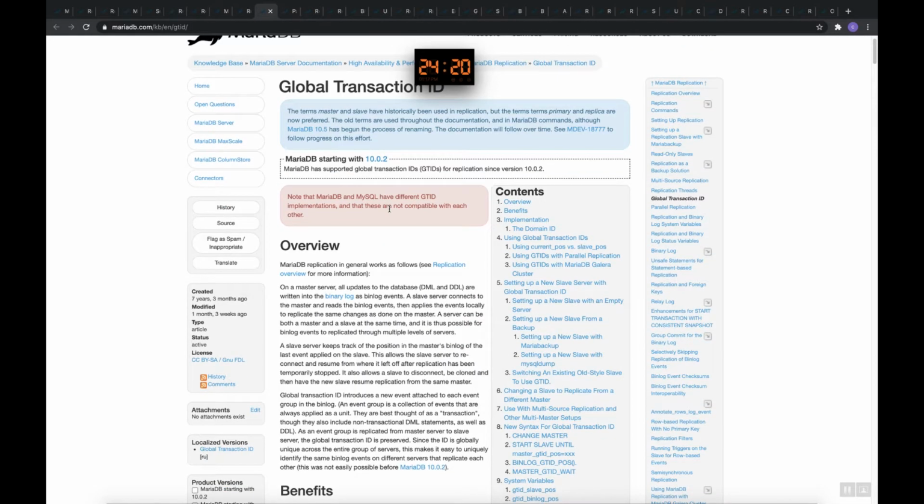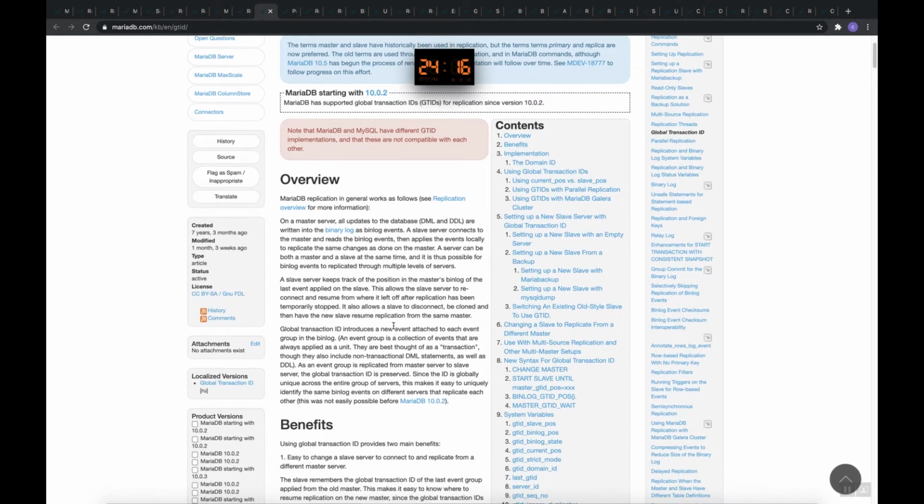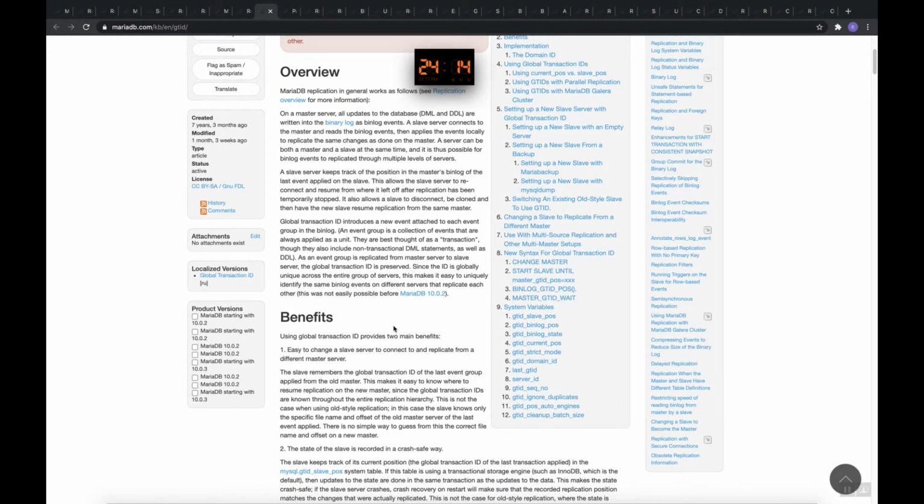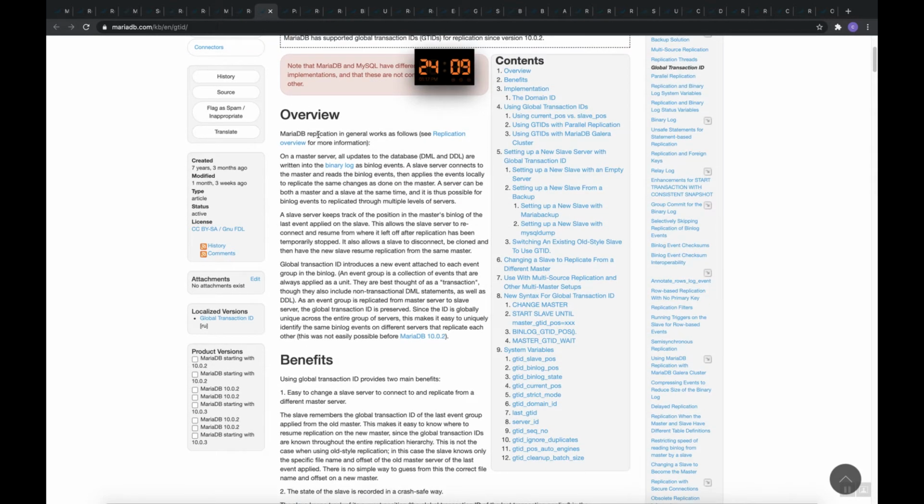What is the global transaction ID? Let's look for the definition. Let's overview: MariaDB replication in general works as follows. On a master server, all updates to the database, DML and DDL, are written to the binary log as binlog events. A slave server connects to the master and reads the binlog events, then applies the events locally to replicate the same changes as done on the master.